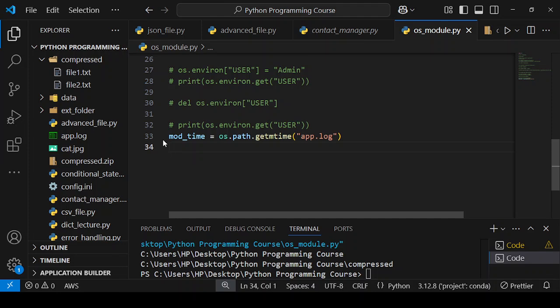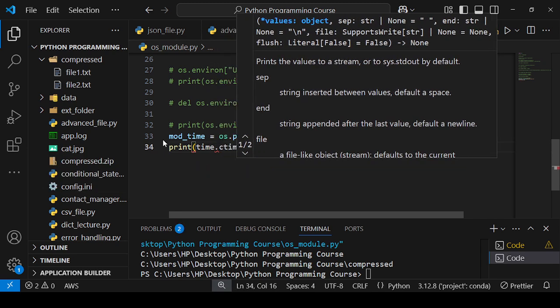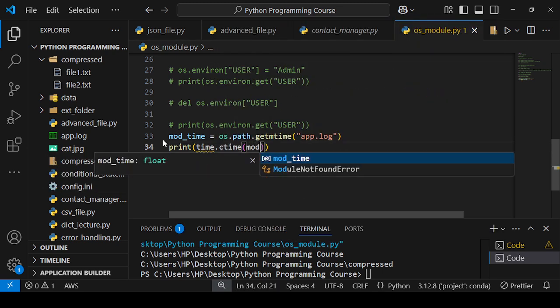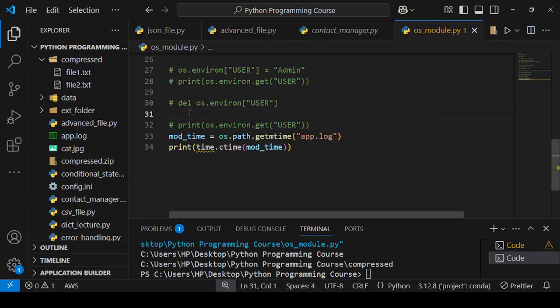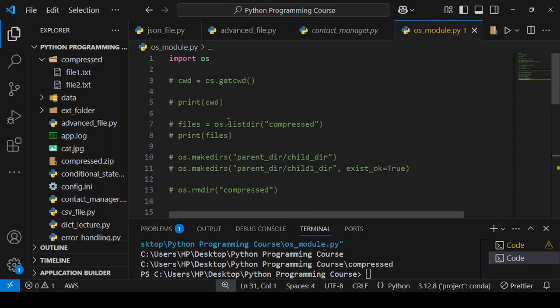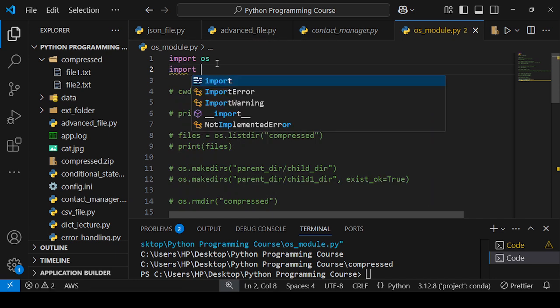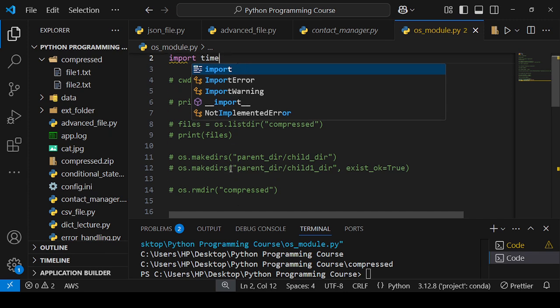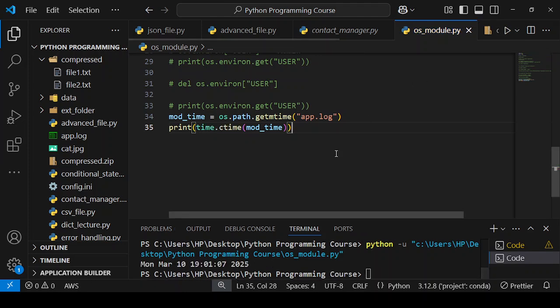So I will write here print the time.ctime of the current time, and write here mod time. I will import the time module that handles the time. Import time. So let's see. So this is the time I changed or modified the app.log. This is the time you will see. Okay,